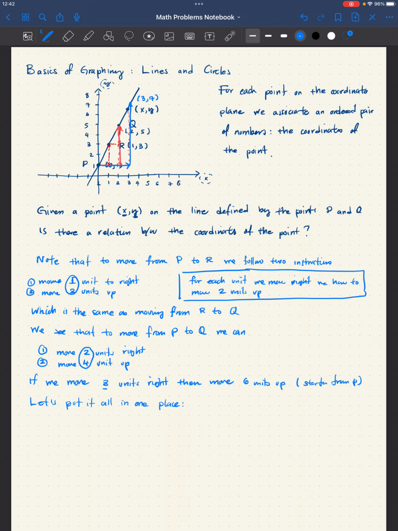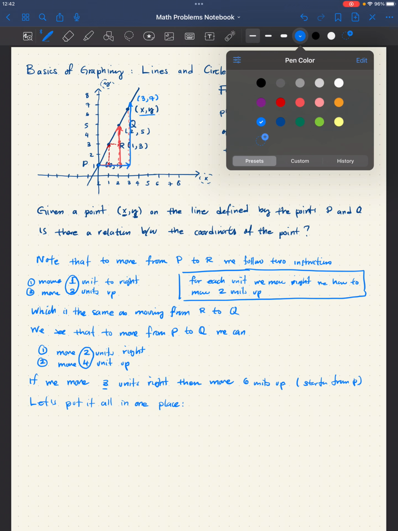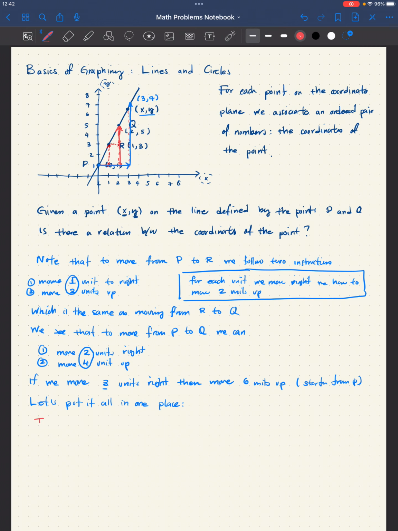So how should we start? Well, look, let's say that I want to reach this point, x comma y, starting from P. The only assumption that I have to make is the following. And now I'm going to use a different color. To move from P to the point described by coordinates x comma y, which is this one that is arbitrary, I will have to do something along these lines. I would say, okay, how much do I have to move to the right? Well, I look at the first coordinate of P and look at the difference. So I would say move x minus 0 units,